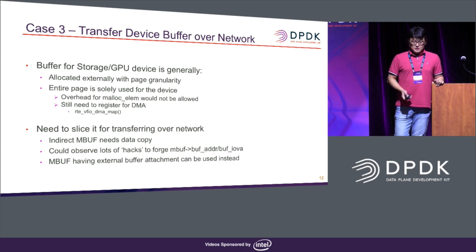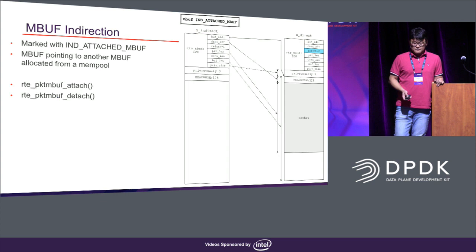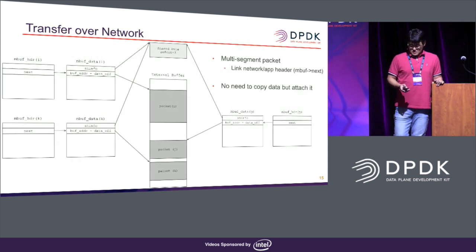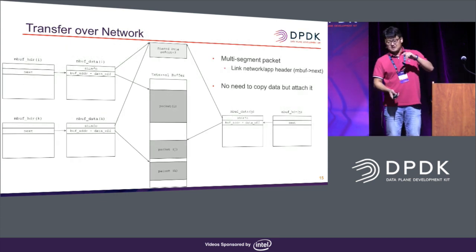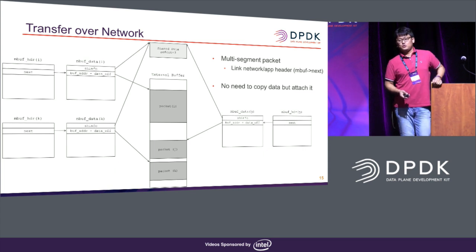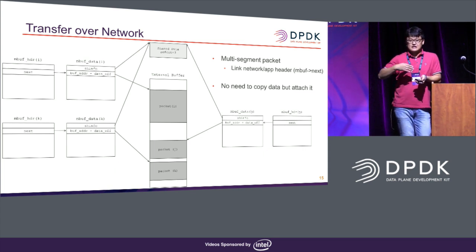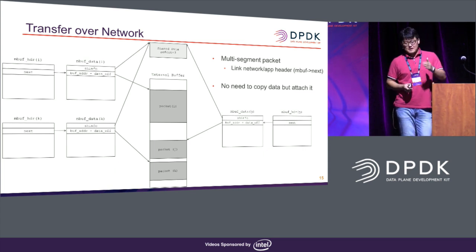So if you have a big chunk of memory, this kind of external memory, and you want to slice it and send it over the network, packet by packet, what are you going to do? I think in the morning the SPDK people briefly mentioned this, and what you're going to do is,